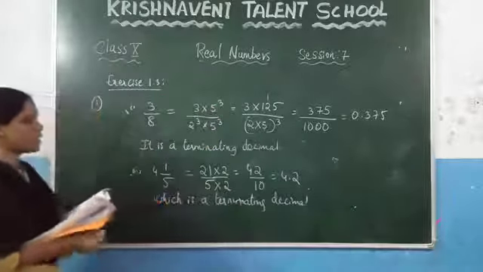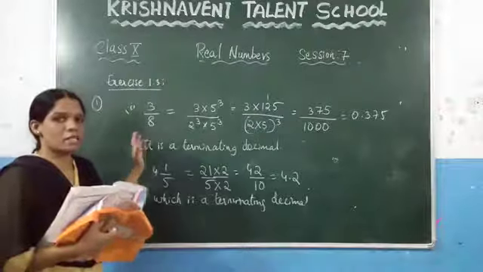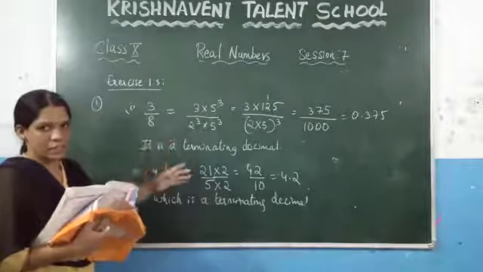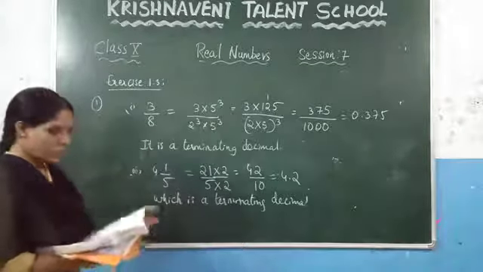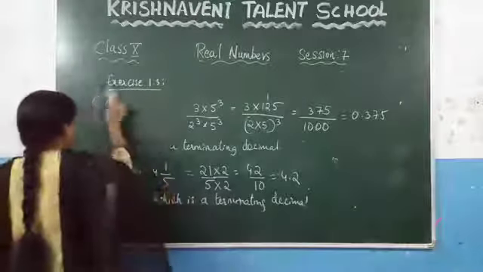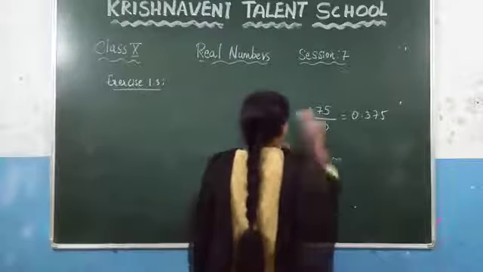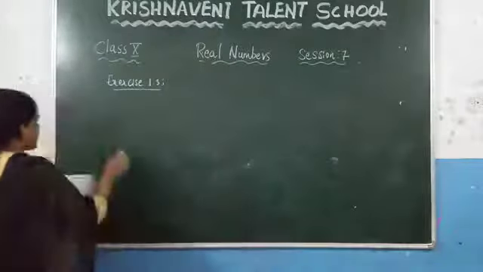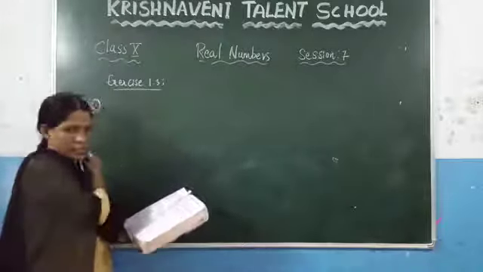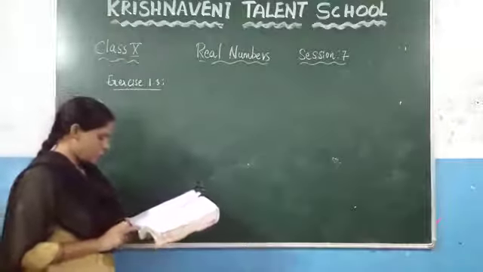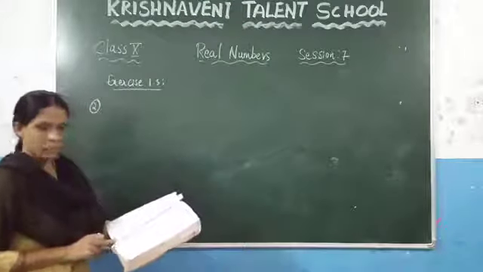Here what it states is, you just have to do the prime factorization of the denominator. If the denominator is in the form of 2 power n and 5 power n, we can state that it is a terminating decimal. Otherwise, we can say that it is a non-terminating repeating decimal. Now, see the second question. Some questions are given. You can do them as homework. See the second one. What the second question says here is, without performing division. Here there is no need to do division. Just state whether it is a terminating decimal or non-terminating repeating decimal by seeing the fraction itself.